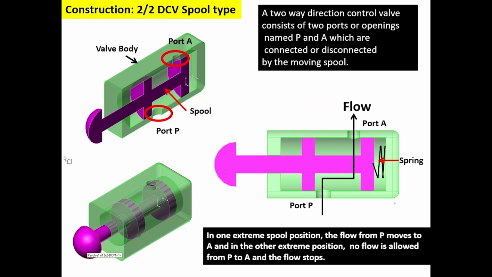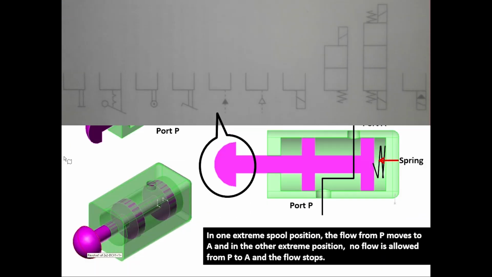One end of the spool is made to actuate it. It can be actuated manually by pressing the spool or by providing roller shaft, or it may be pedal operated, and it can be hydraulically operated, pneumatically operated, electrically operated, and by using solenoids we can operate spools to make the liquid flow in order to achieve a desired function. And at the other end we have a spring which is connected within the valve body to return the spool back into its original position.